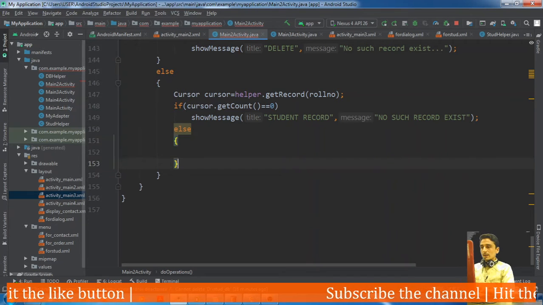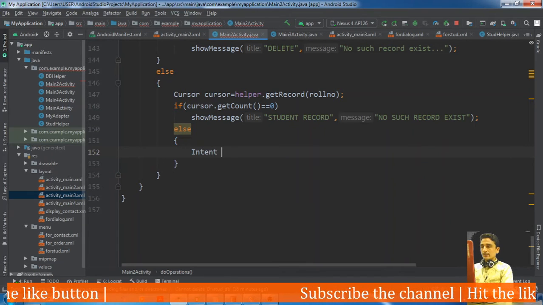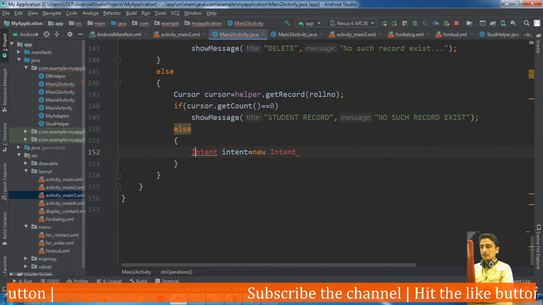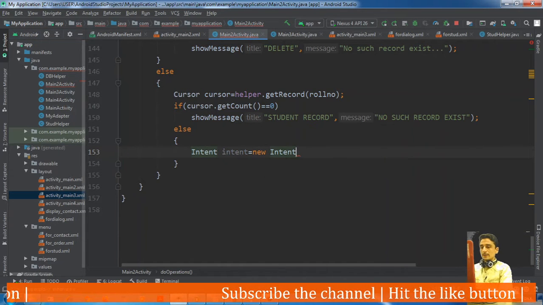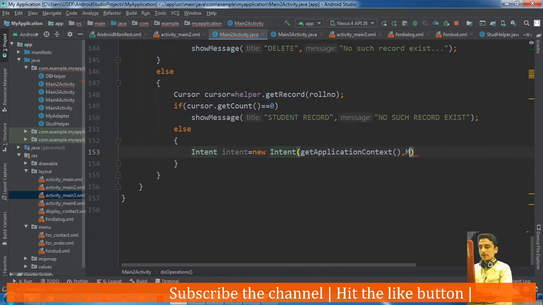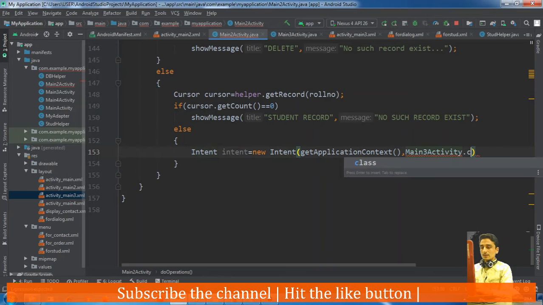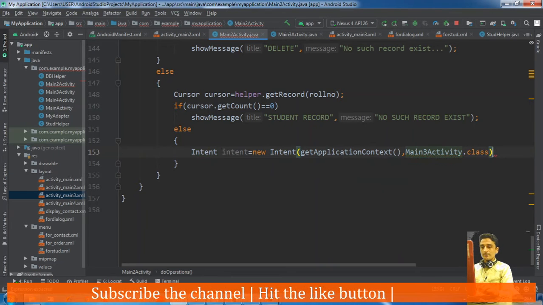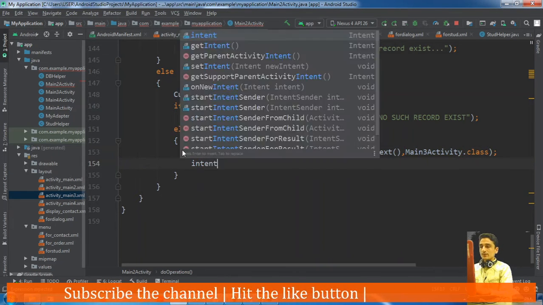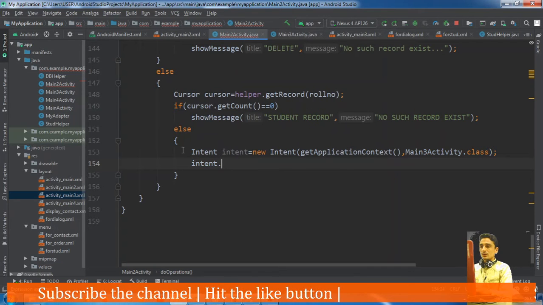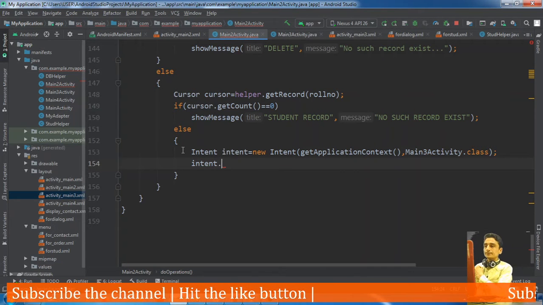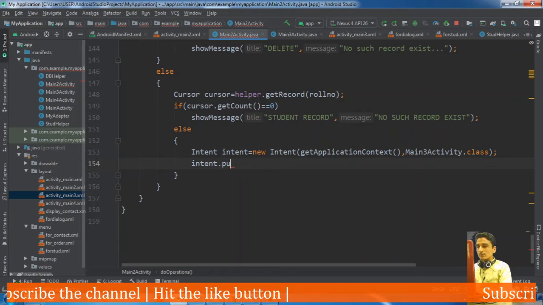So here we will define the intent is equal to new intent, and the first argument will be get application context, the second argument is main3 activity dot class. We need to put some information in this intent.